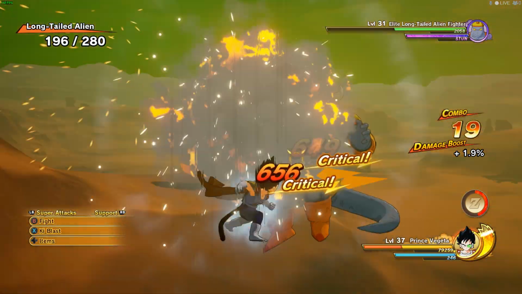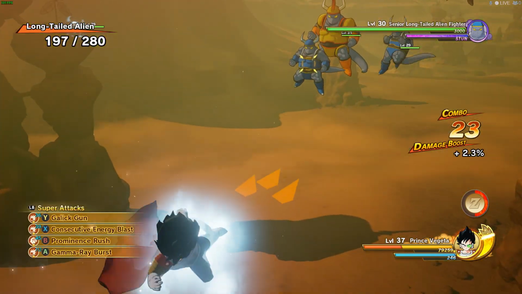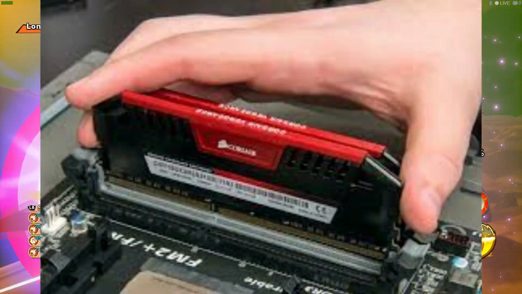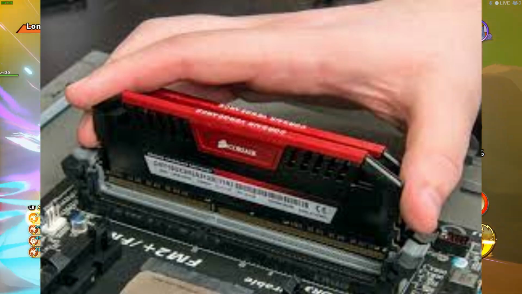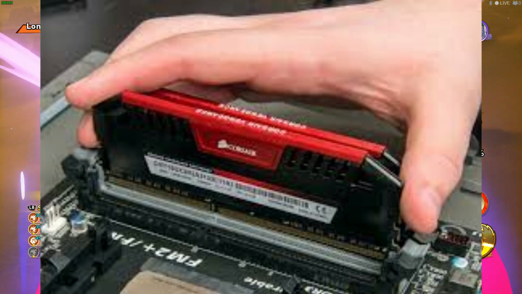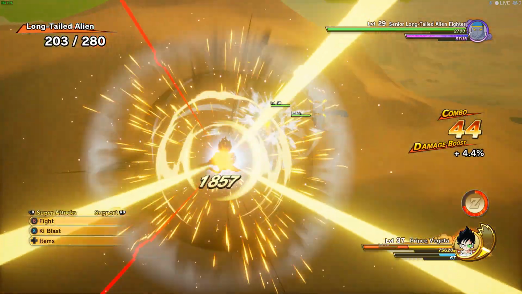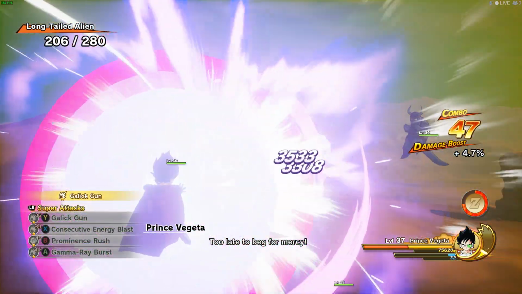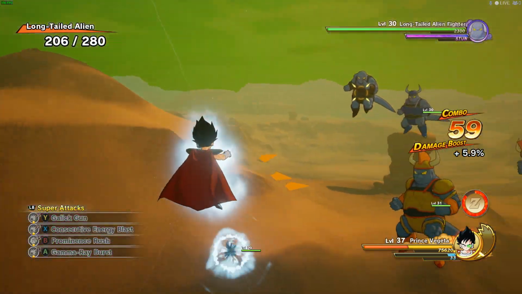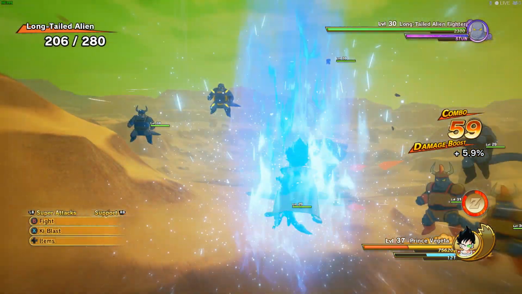Now there's another bottleneck here that you can see as well, which is your RAM, and your RAM can do funky stuff when it is not right. So you want to make sure you've got some high-end RAM that can feed the CPU. Now, RAM's a really hard one to tell if it's bottlenecking your computer, but